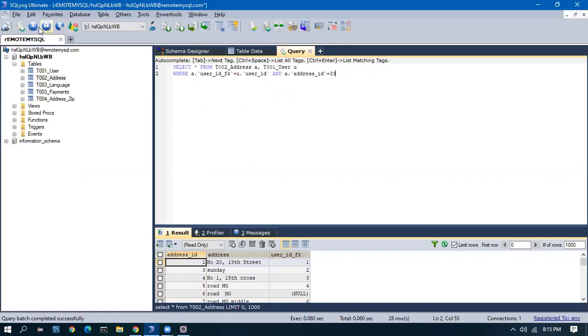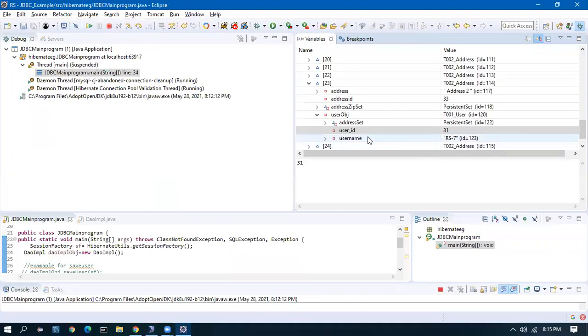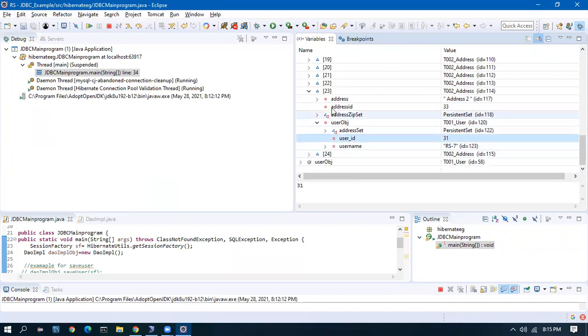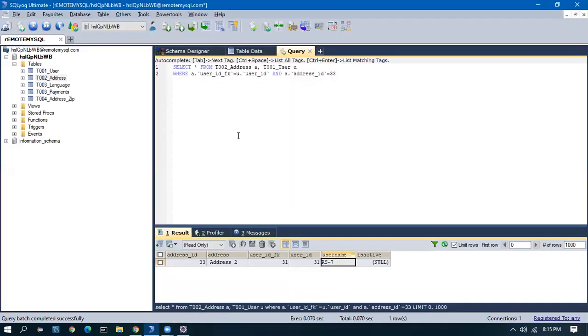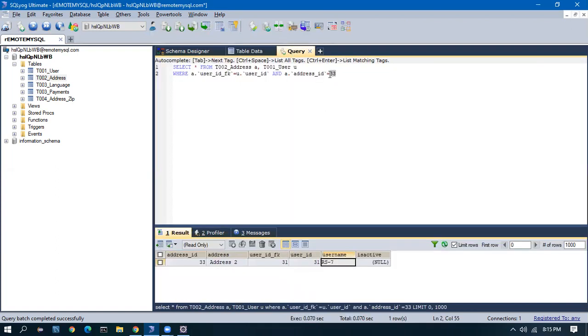So if I pass this ID, I will get address 33, user ID 31, username RS7. That's what I got here. Automatically the join was done and Hibernate brought it because we have the relationship set properly. Otherwise, after doing a select query on the address table, I have to pass this ID into another query and do one more fetch to get the user data.